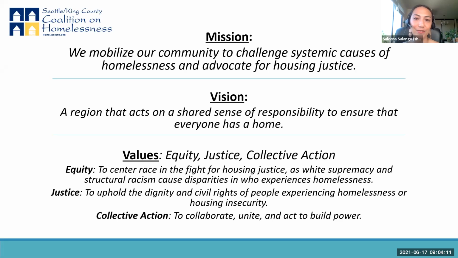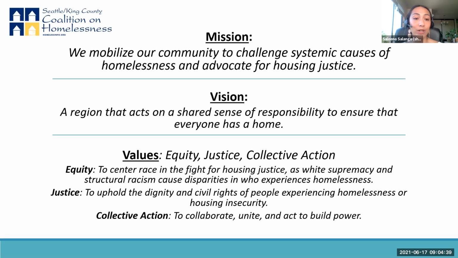Thank you so much, Denise, for reading that statement. I do also want to read out our vision and value statement. It really frames the work that we do. So our vision is a region that acts on a shared sense of responsibility to ensure that everyone has a home. And the values that guide our work are equity, justice, and collective action.